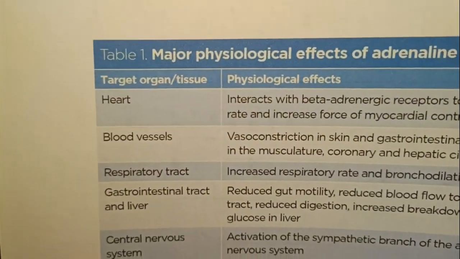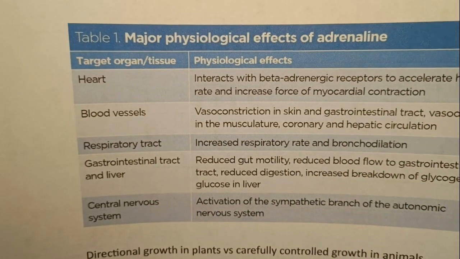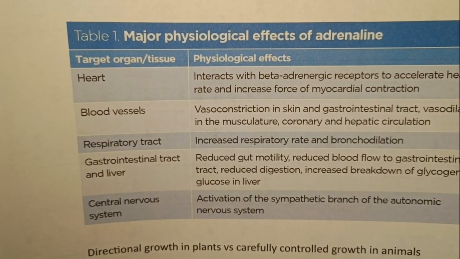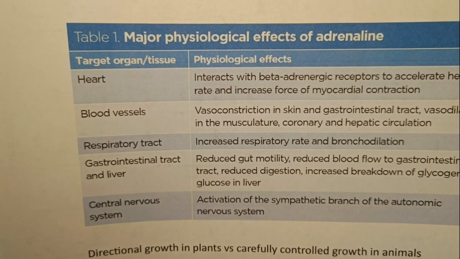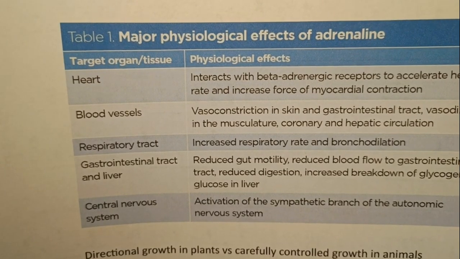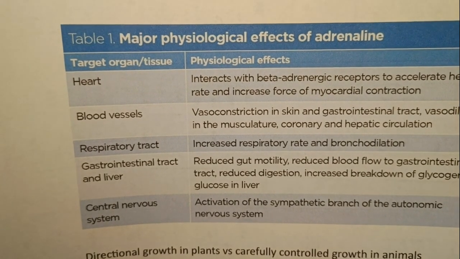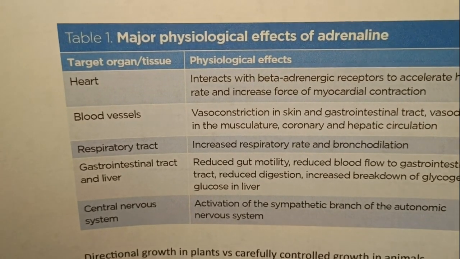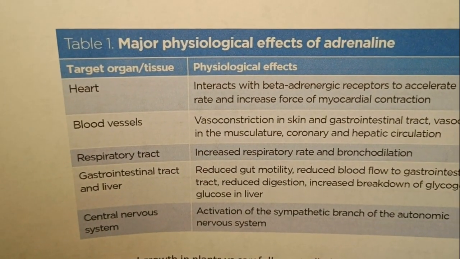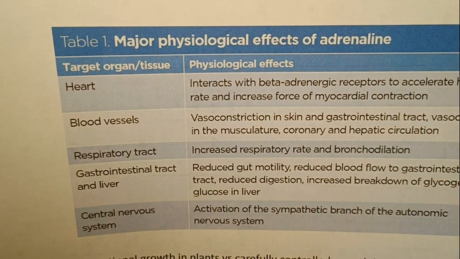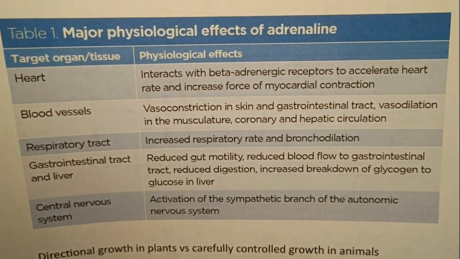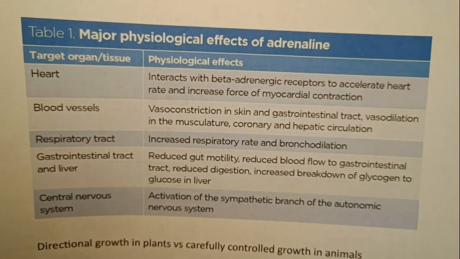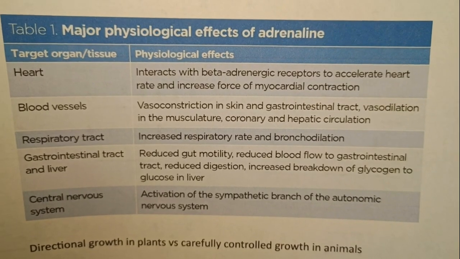So major physiological effects of adrenaline. On the heart, adrenaline interacts with beta receptors to increase heart rate and increase force of myocardial contraction, that is heart contraction. So it increases the rate and increases the force of contraction of heart. On the blood vessels, the adrenaline causes